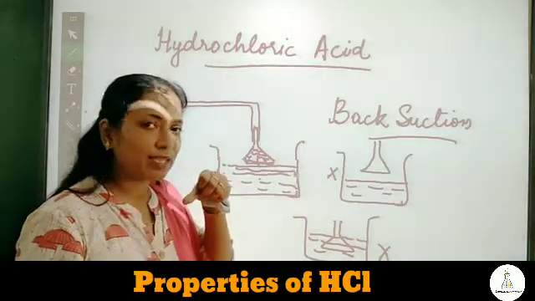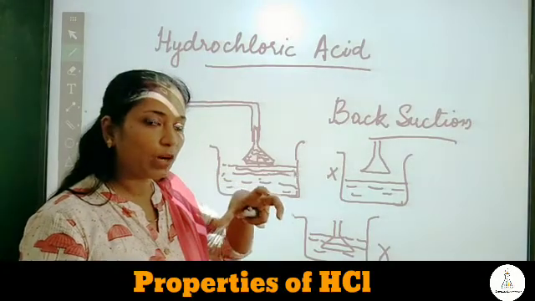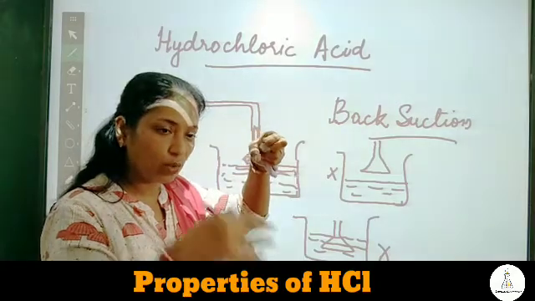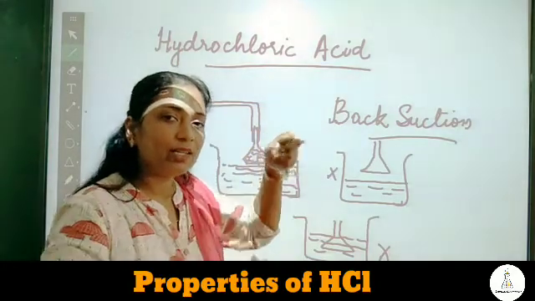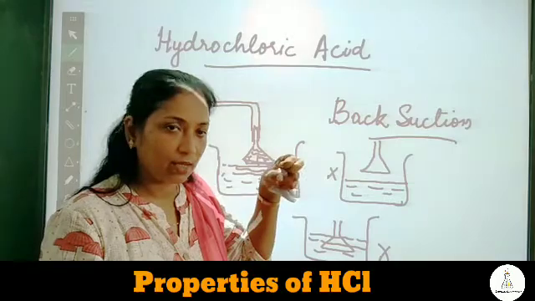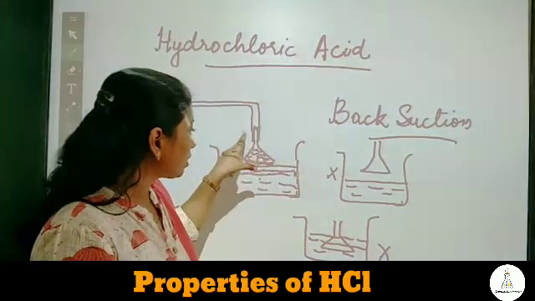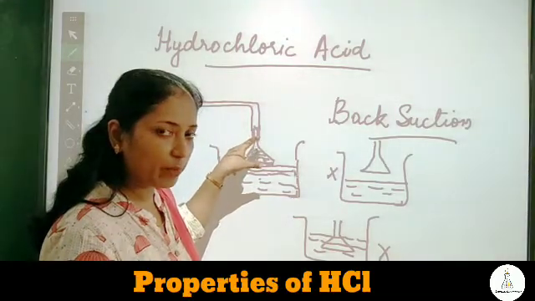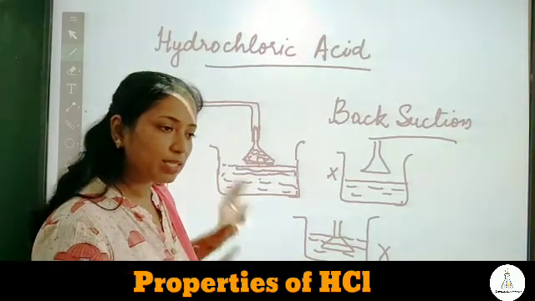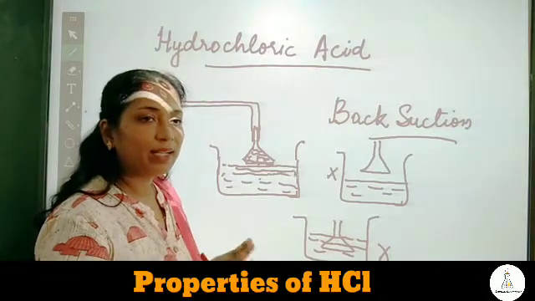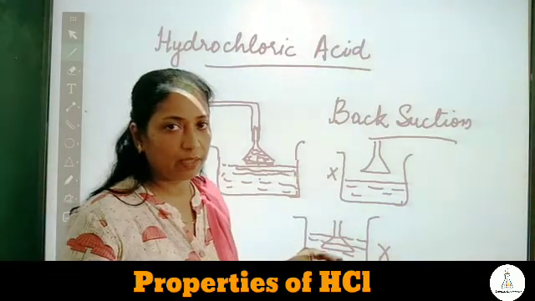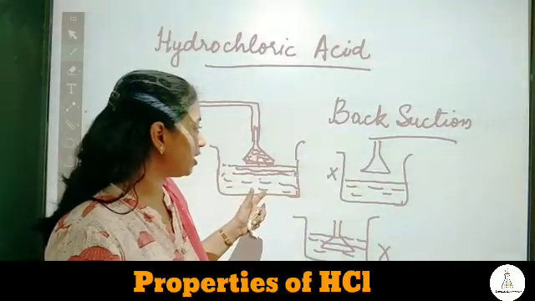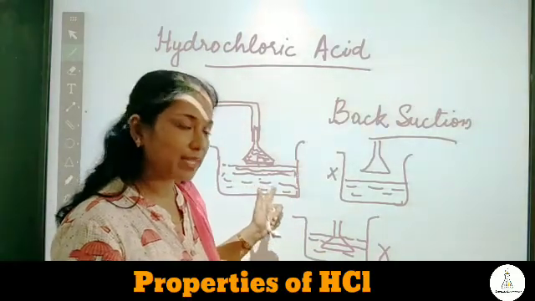So whenever there is a chance of back suction, the water gets into the funnel and the water contact is lost. So no more water can reach the flask, the hot flask. So it loses contact, and then the water, because of gravitational pull, drops back. So this goes on occurring and back suction does not happen. Okay. So this is the method by which we prepare hydrochloric acid.